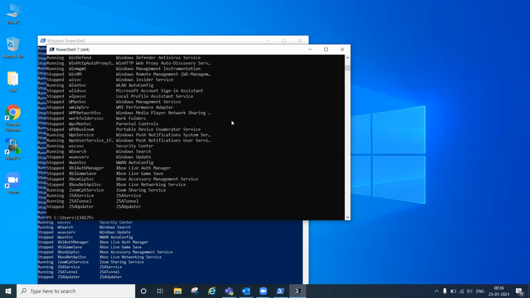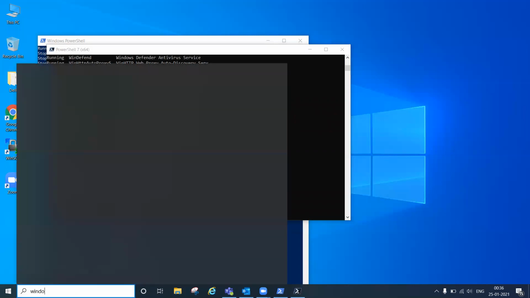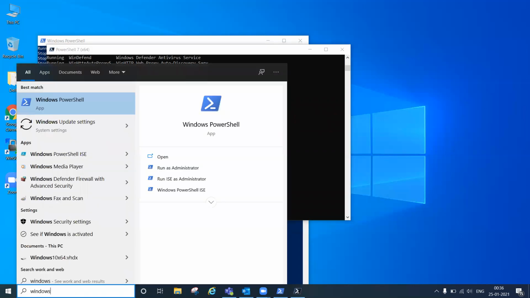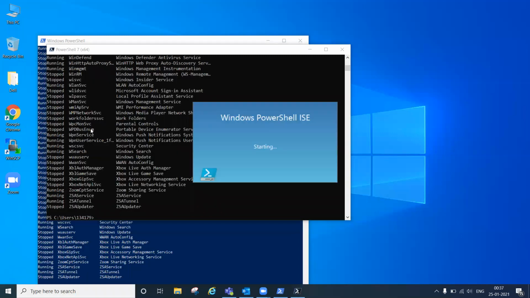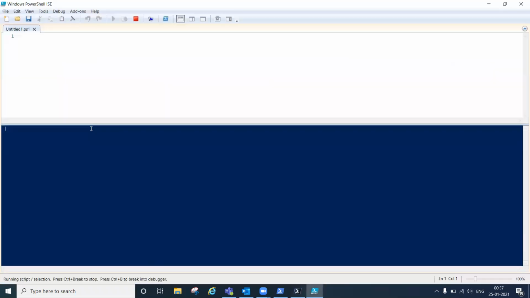We also have the Windows PowerShell ISE. Let me open it. Okay. So this is the Windows PowerShell ISE.